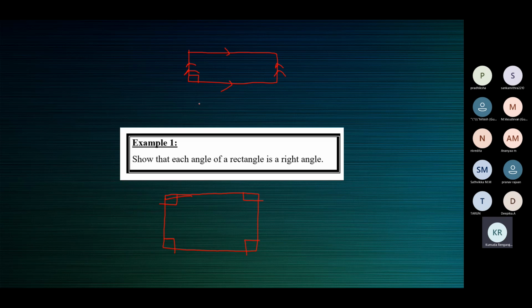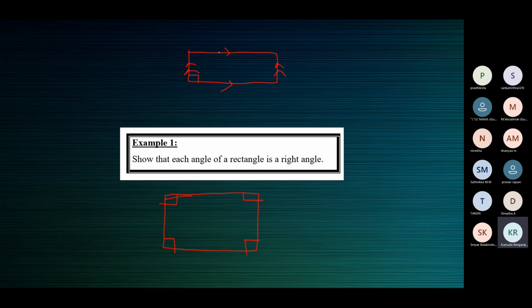Why is this given to us? Because we're given a rectangle. You should know the definitions, children. I'm using the definition. If you're given a rectangle, that means you're given a parallelogram in which one angle is a right angle. That's what I've marked there. You can see the figure above. I've marked the opposite sides parallel and one angle 90 degrees. So we need to prove that every other angle is 90 degrees.